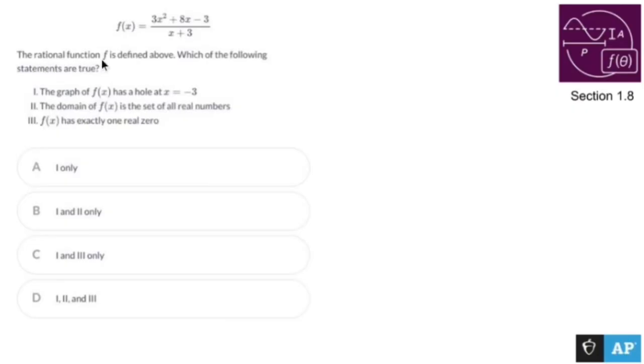The rational function f is defined above. Which of the following statements are true? So we have a rational function. It's talking about holes, domain, and real zeros. So I hate these. We have to